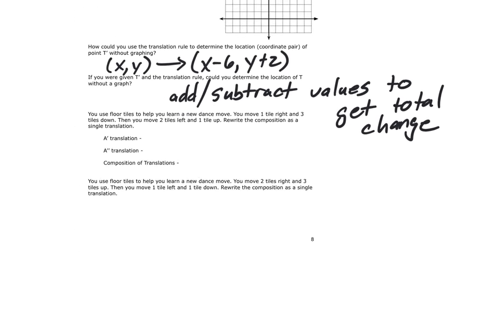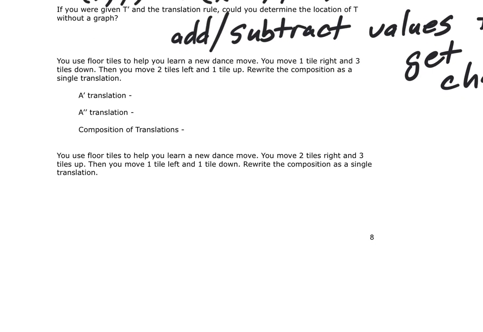Okay, last one for today. There's 2 of these, but we're just going to do one of them. Okay. We have floor tiles that we're going to move around. You move 1 tile right and 3 tiles down. Okay, so what we're going to say here is that our original tile is XY. Okay, we don't necessarily know the location of it, so we're just going to call it XY, right? If I move it 1 to the right and 3 down,